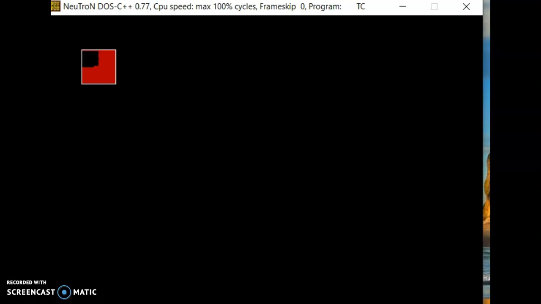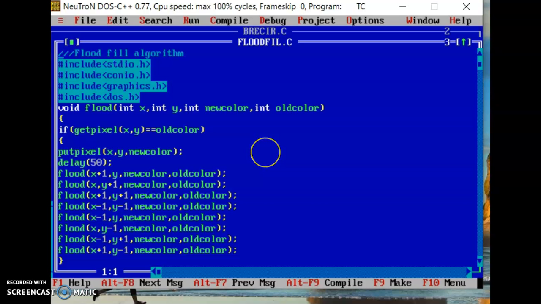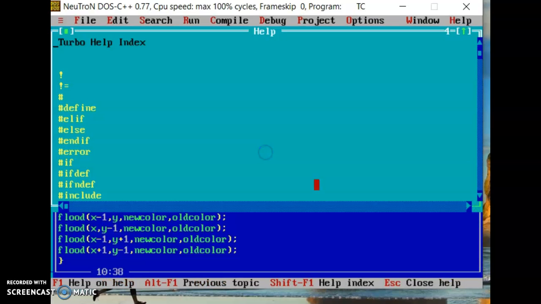In this way, you can see the rectangle is filling using the flood fill algorithm. That's all about the flood fill algorithm. Thank you for watching this video.